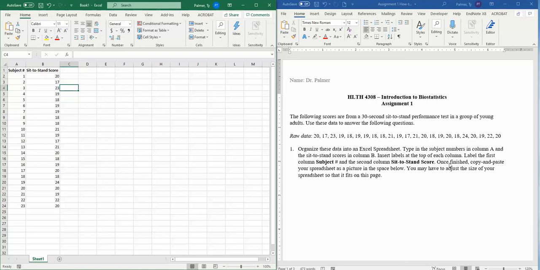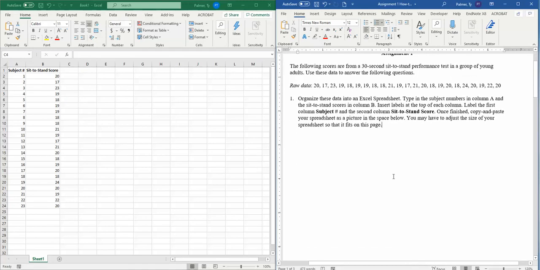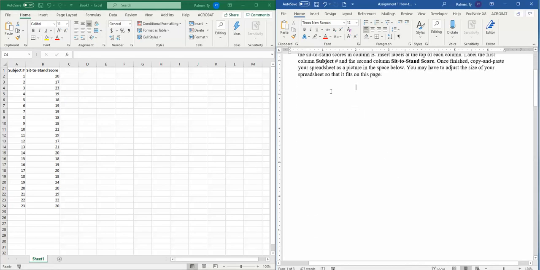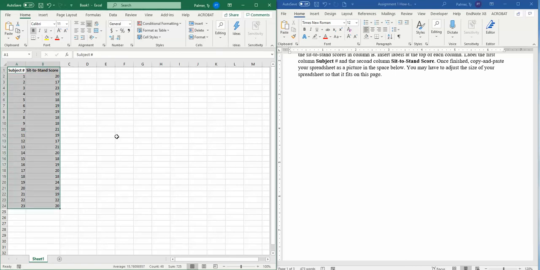And so at the very end it says, once finished, copy and paste your spreadsheet as a picture in the space below. You may have to adjust the size of your spreadsheet so that it fits on this page. So I'm going to click over here. I'm going to go back over to my Excel sheet. I'm going to left click and hold, highlight all of my data. I'm going to go to copy,